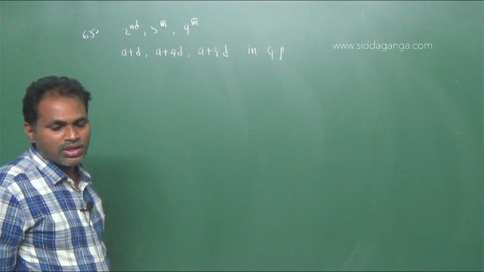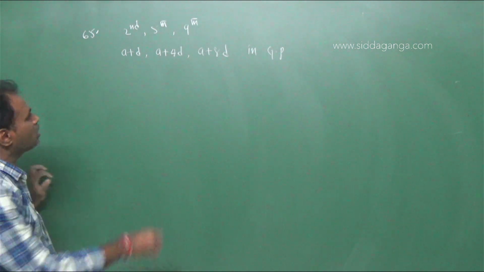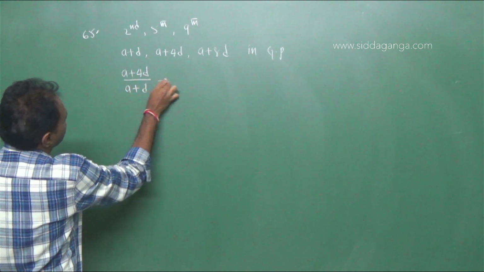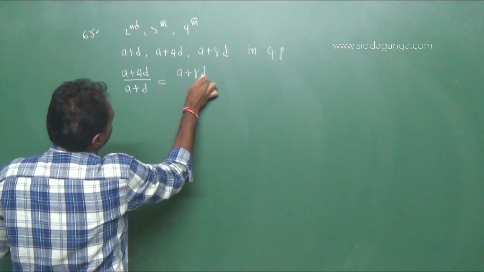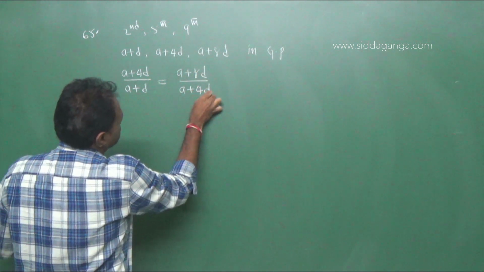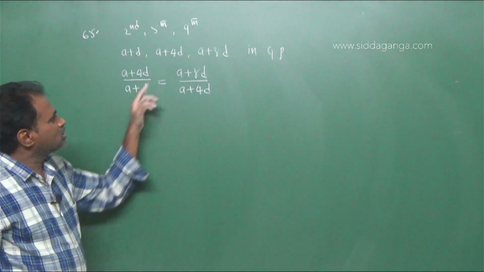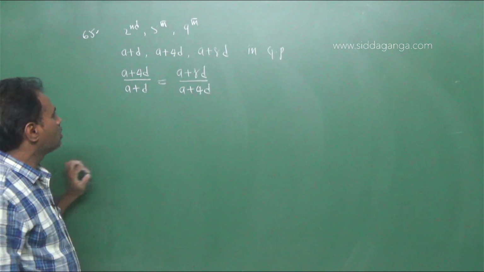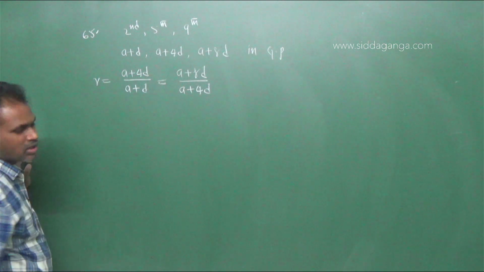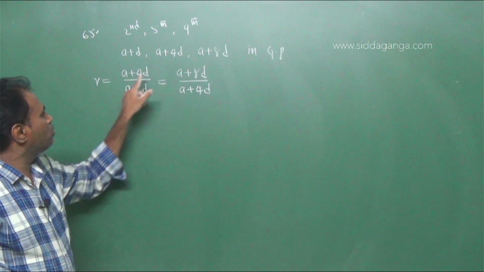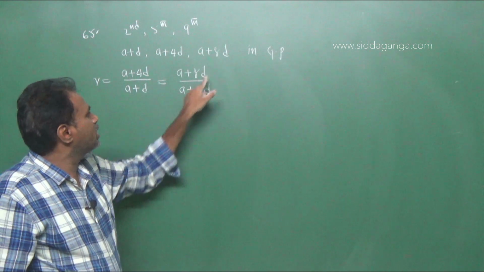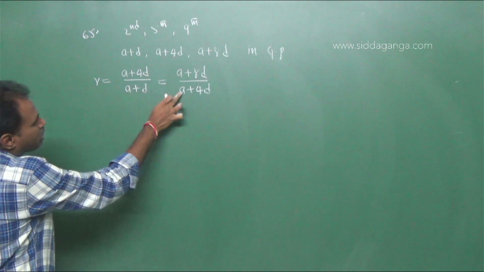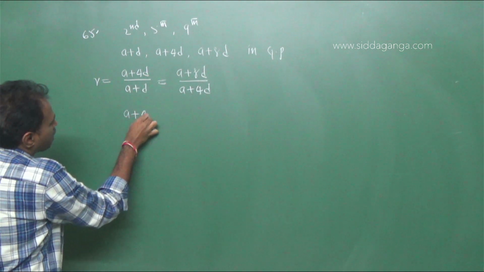These are in GP. GP means the common ratio is the same. Therefore, second term divided by first term is equal to third term divided by second term. If three terms are in GP, then second by first is equal to third by second. Common ratio is the same. So take r equal to a plus 4d by a plus d equal to a plus 8d by a plus 4d. Simplifying, a plus 4d into a plus 4d, that is a plus 4d whole square,